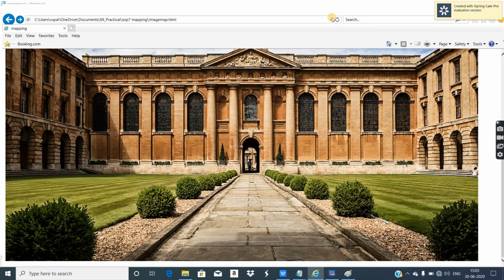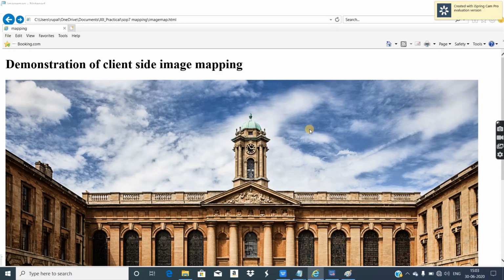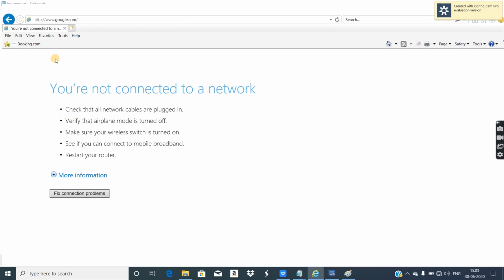Going back, refreshing. For the first hotspot, you are not connected to the internet, but it definitely attempted to reach. See here in the URL, http colon www.google.com. If we had internet connectivity, it would have loaded the Google web page.